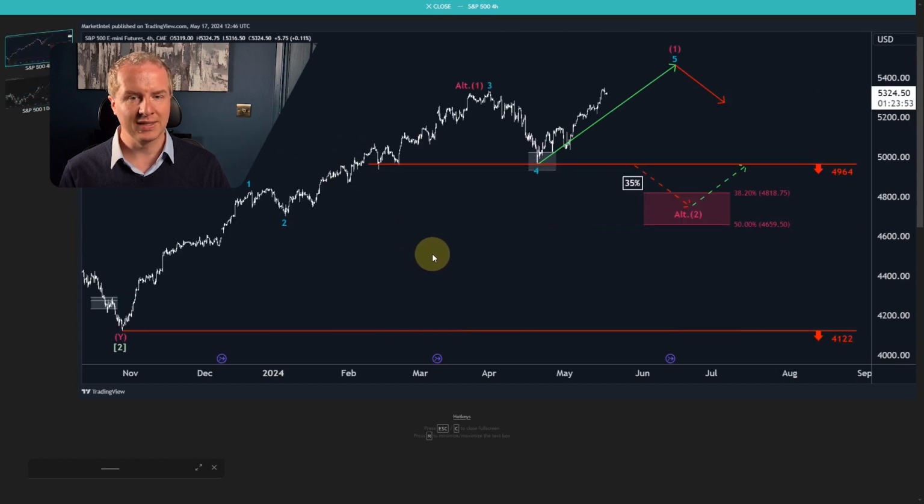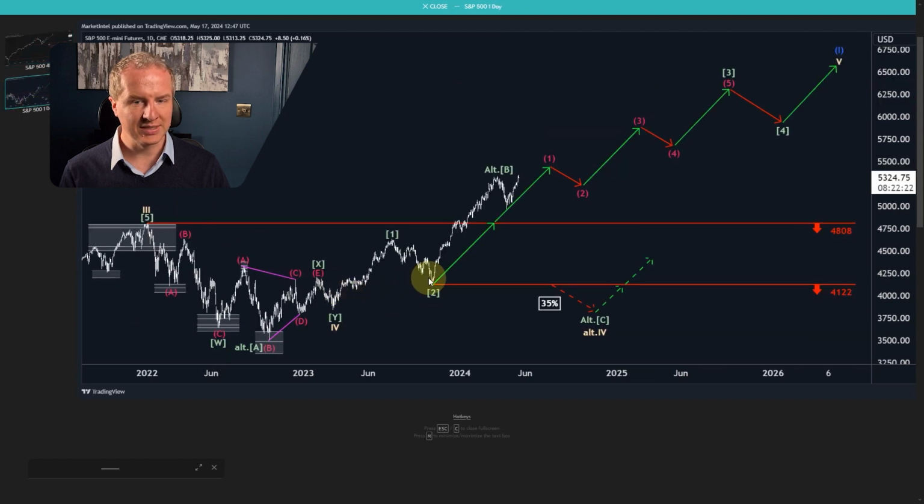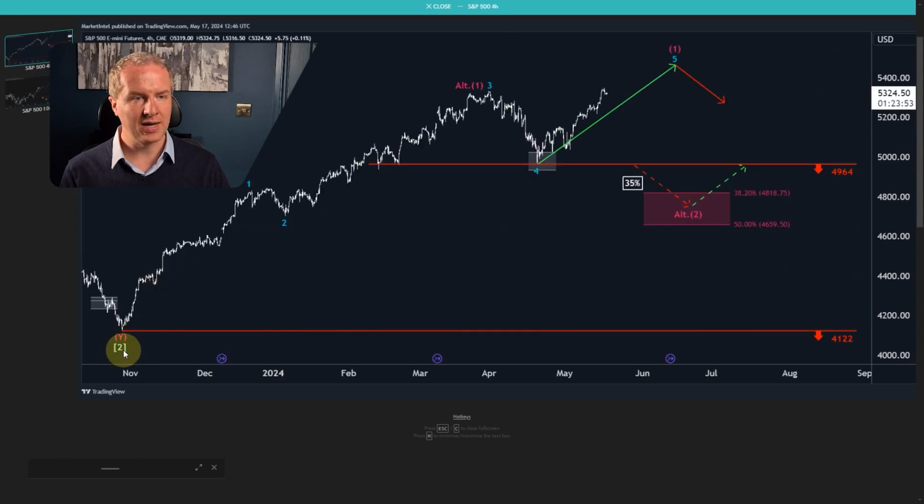You can see everything in a little bit more detail. We start at this wave 2 low in green in October 22. Let's go back to the 1-day chart. It's this one here where the price started to rally from the October lows from 4,122 points. And you can see that we're now in this sort of rally at the moment. And in this rally, we already completed waves 1 and 2. Third wave, top there in the preferred count, which also on this time frame, it's a different set of scenarios.